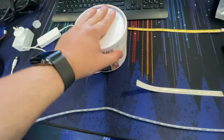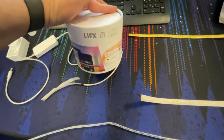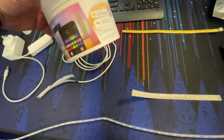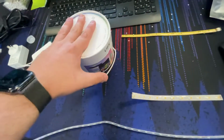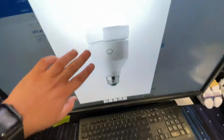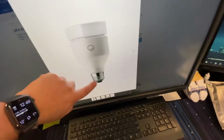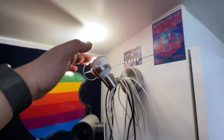These packs were there, or I don't know if they still sell these, to be honest. I've had them maybe 2 years. Maybe not that long. Year and a half, maybe. But these packs came with the LED strips. I've also purchased, I've got 18 of these globes within the house, which is just the smart globe, screws into a normal light socket. And then I've got 2 of these, which are,